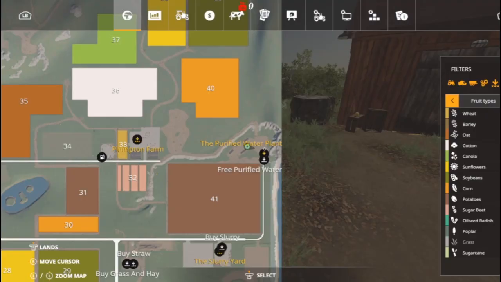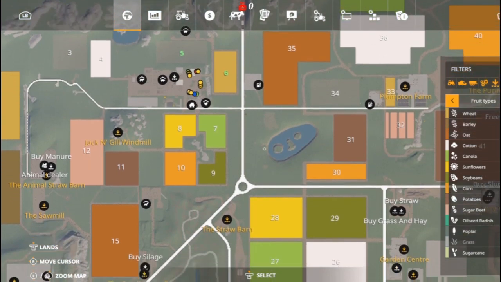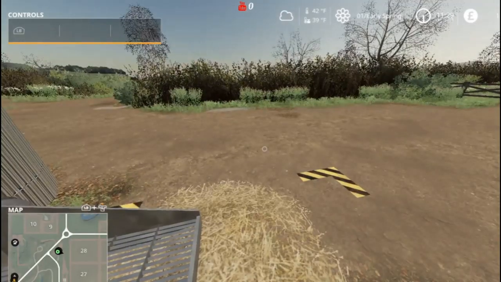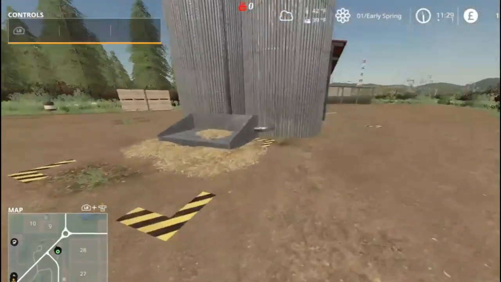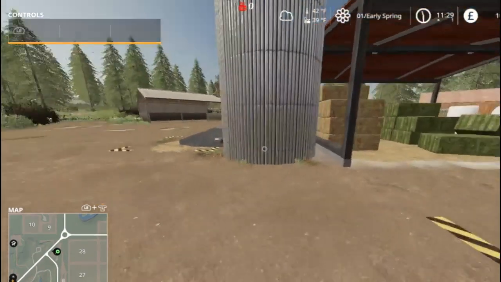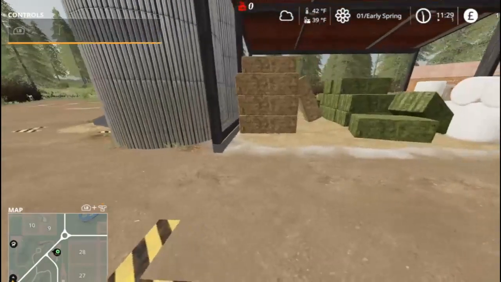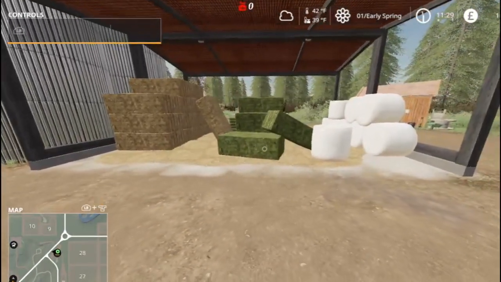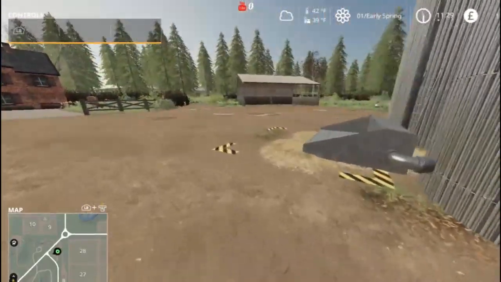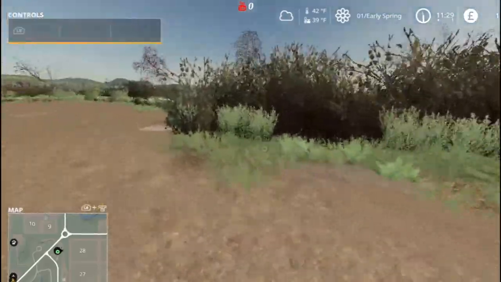And we have another one down near here. This is your straw barn for selling your bales for your straw, hay, and silage. You sell your bales here, and the loose can go in here. And down here,